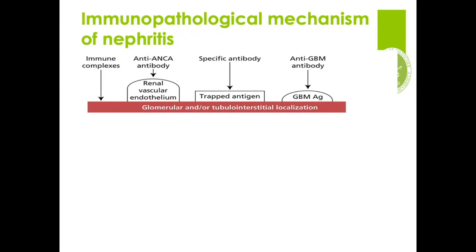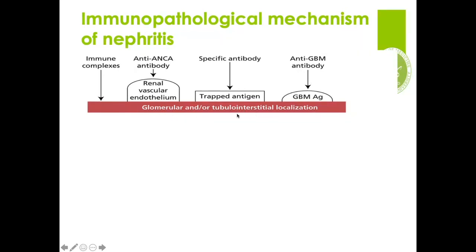Since the immunopathological mechanism is the most important thing related to all these nephritis, there are certain mechanisms, so I'll go step by step and explain it. There's a big bulk of diseases that are related to immune complexes. Physiologically, antigen binds to antibody and they tend to produce immune complexes in the body, but they have to be removed from our body very efficiently. If there is an excess of antigens or antibody, or a deficiency of their removal, or incomplete removal of these immune complexes, they tend to be deposited in the glomerular region or in